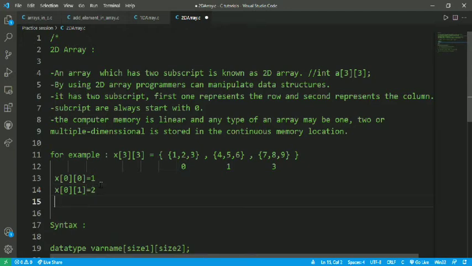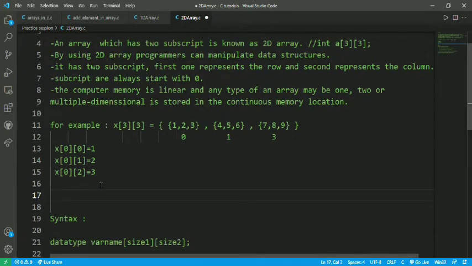The third is x[0][2], which represents the value 3. The next subscript is x[1][0], because the row is 1 and the first column is always 0th position.